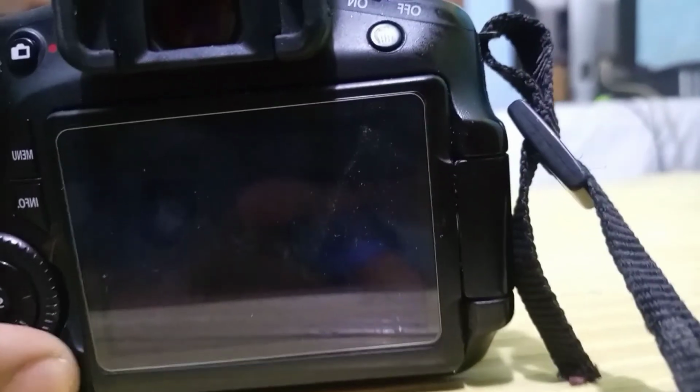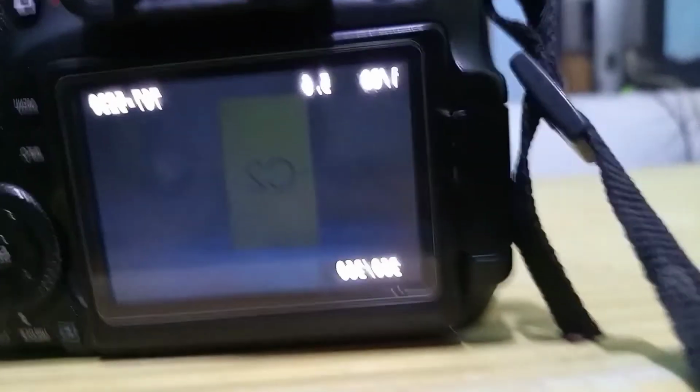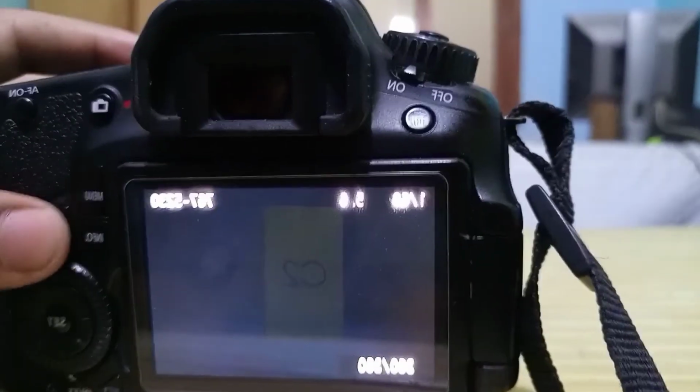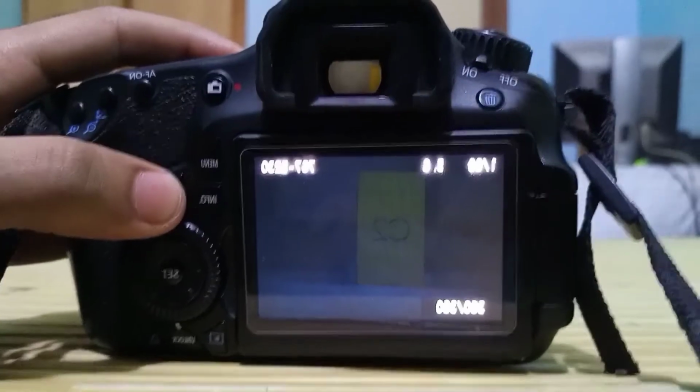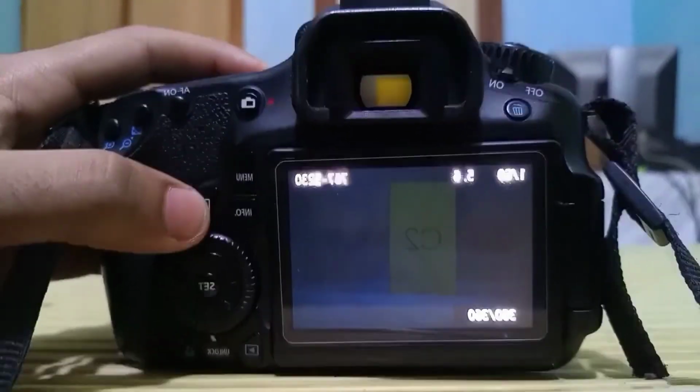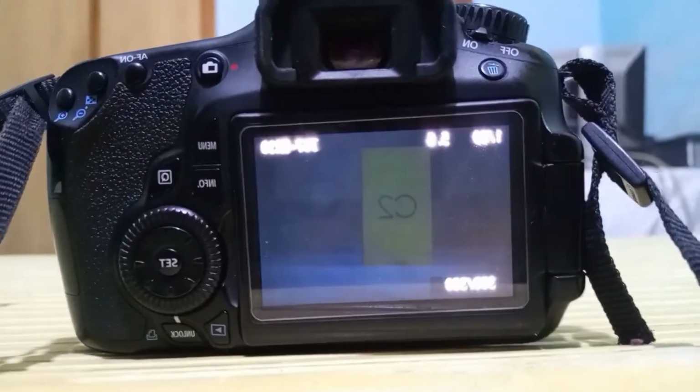So you can see the Realme C2 is much darker because ISO is at its minimum stage, 100. ISO minimum is 100 and maximum 6400.